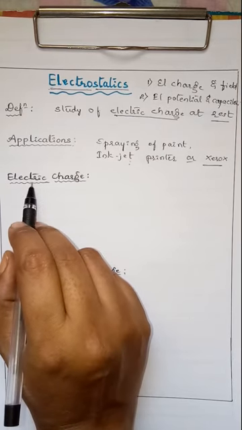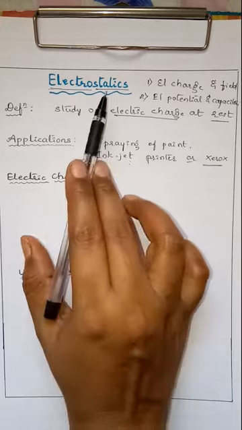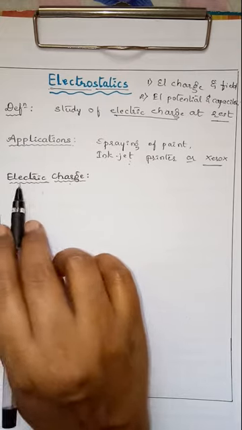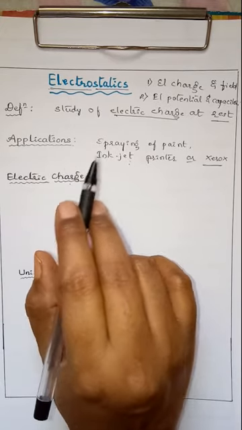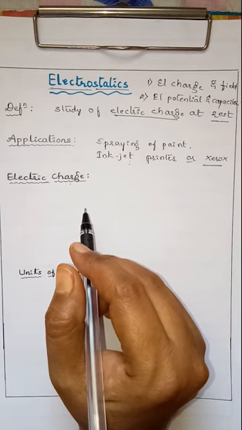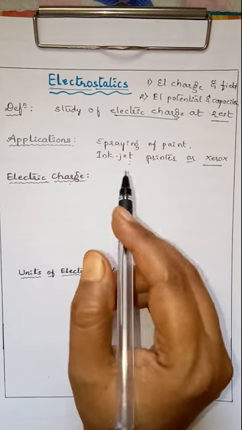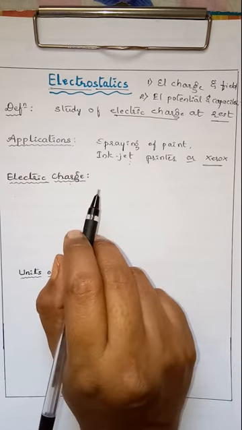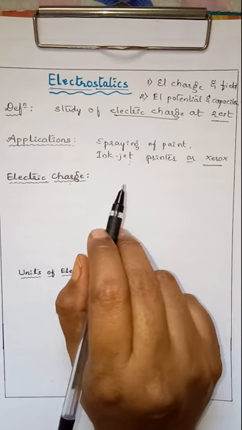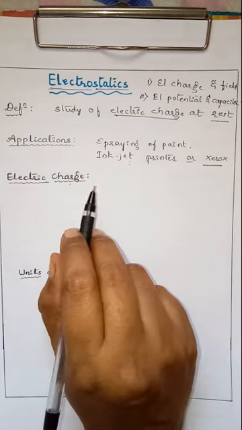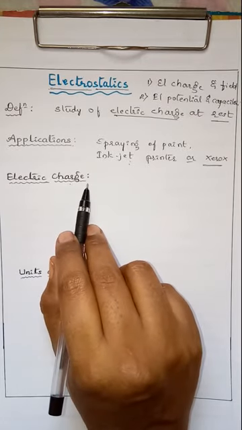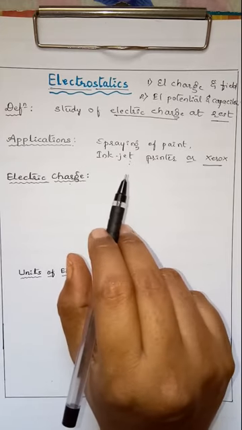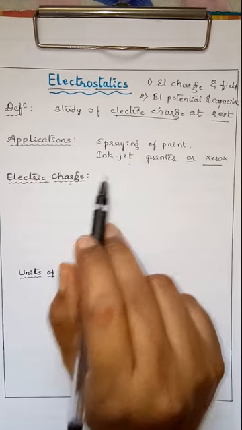So now let us see first what is electric charge, about which mainly we are going to discuss under the complete unit. Electric charge is nothing but one of the properties, similar to mass. Then the question comes, what is the difference? Mass also is a property, and charge also is a property. The difference is, due to the mass property, you observe gravitational force. Similarly, due to the charge property, we observe the electrostatic force, which we can call Coulomb's force, or simply electric force.